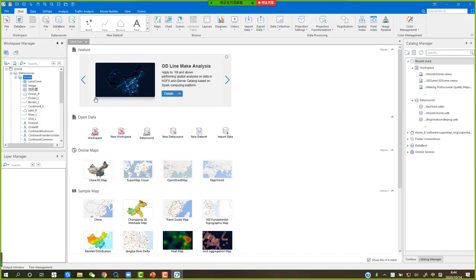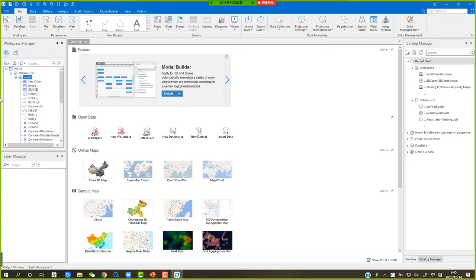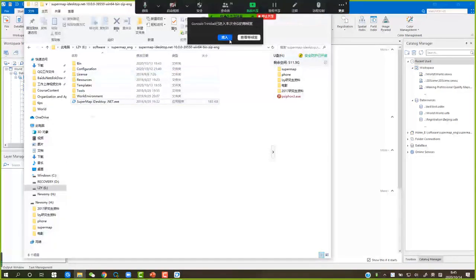When you want to send your work results to your colleagues or your leaders, what formats should we send? You need to send the workspace and the data source to others. For example, we